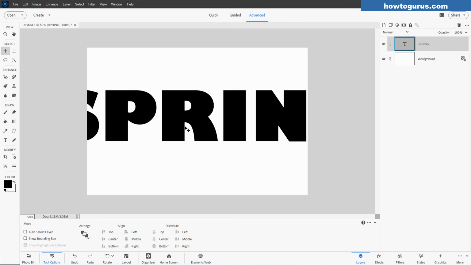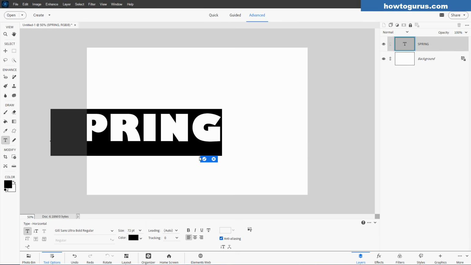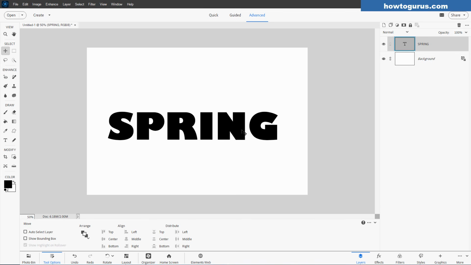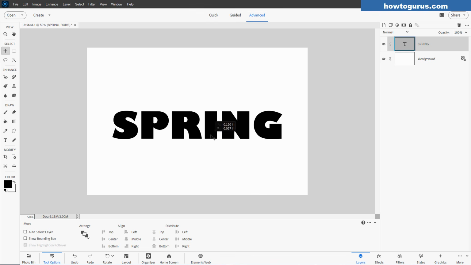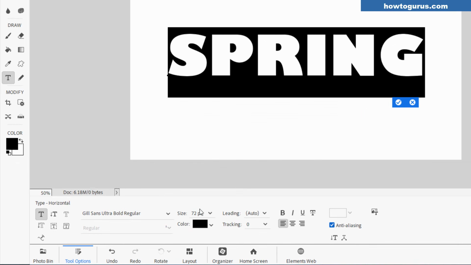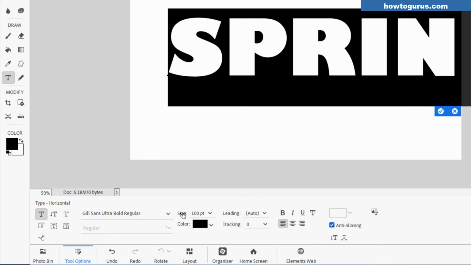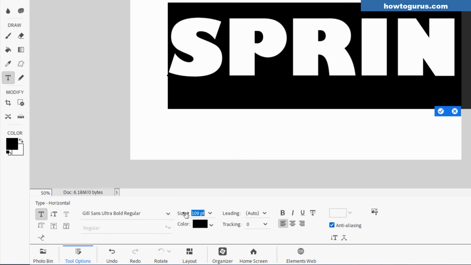Now, several ways to approach this. We could come in here, triple click to select this, and I can bring my size down to a much smaller size so it fits that way. But then you don't have much space to put your image into. Something that's a lot easier here is to double click on this, come down here where it says size, hold your cursor over the word size, and you get this finger with these two arrows. Click and hold, and you can increase the size or decrease the size just by shoving this back and forth